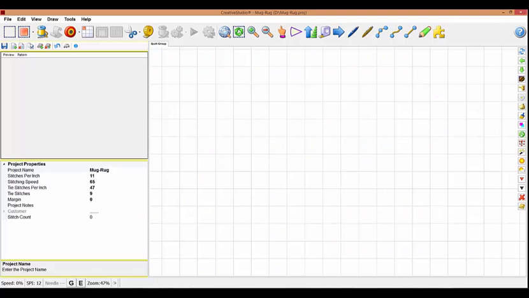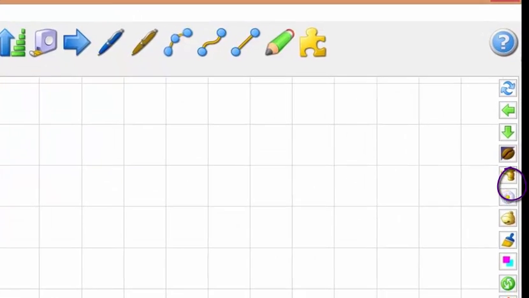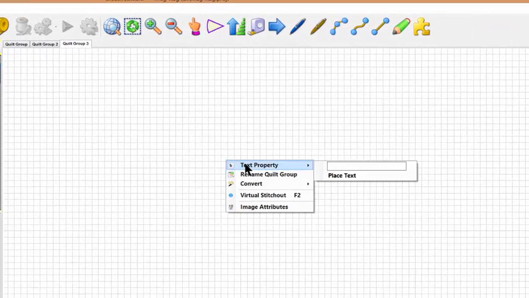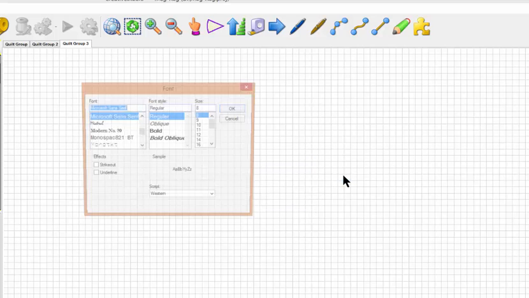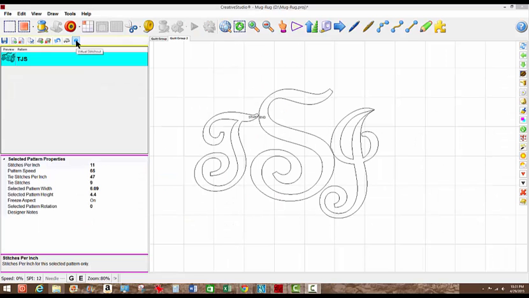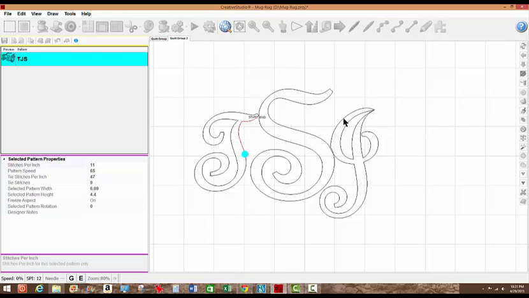The version 6 features we will explore are the following: Nodes, Mirror, Order Join. We will revisit the text feature. Right-click to activate the text feature and place your text. Thanks to the new tools we have available in CS6, we can create any word or groups of words that